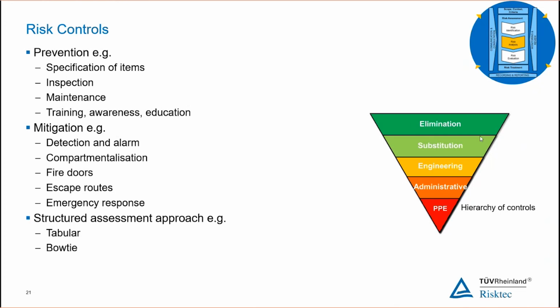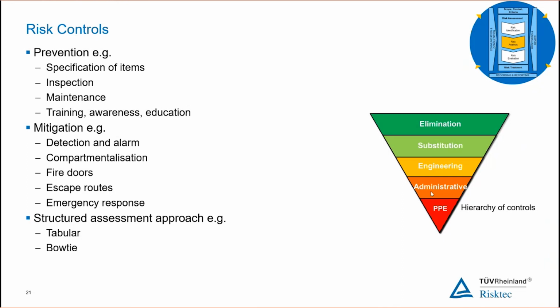There's going to be a limited scope possibly for that, particularly with existing buildings, but we can eliminate the hazard, we can substitute it, we can have less hazardous materials, less hazardous working practices that might possibly take us a little bit longer to do, but have a risk reduction. Once we better understand the risks, we can start evaluating whether or not the risk reduction that comes from substituting a particular activity with a different one, whether or not the benefit we get from that is worth the possible increased time that we might have take us to do a particular thing. We can put in engineering controls, the fire doors, the escape routes, the door closing materials, etc.